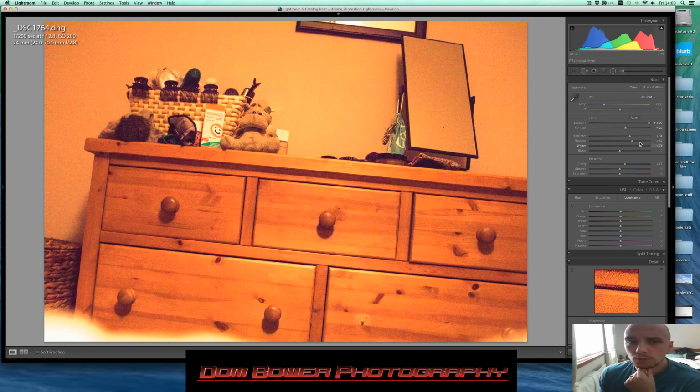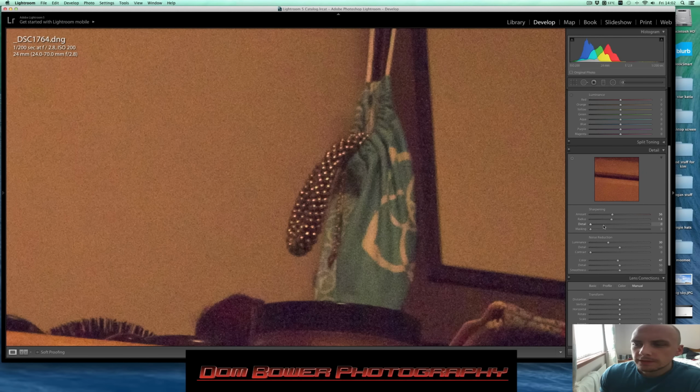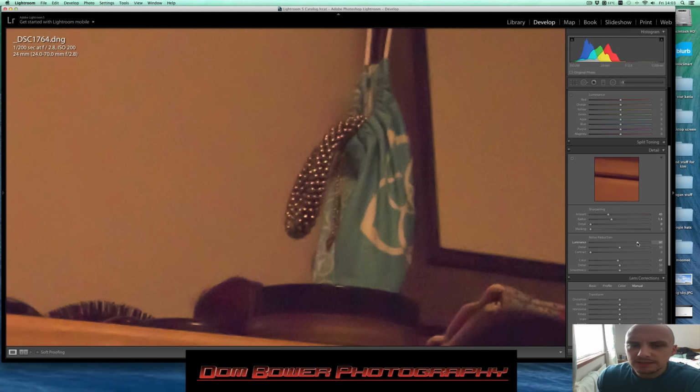Whites, should we boost them? Oh, whoa. Let's chill down on the whites. Okay, so let's maybe white balance this a little bit more to what it was. This is astonishing. So the sharpening, let's keep the sharpening up a little bit, but the detail down. We don't really want too much of that, because the detail just gives you this super grain effect. Don't want that. But if we were to go up to like 80%...